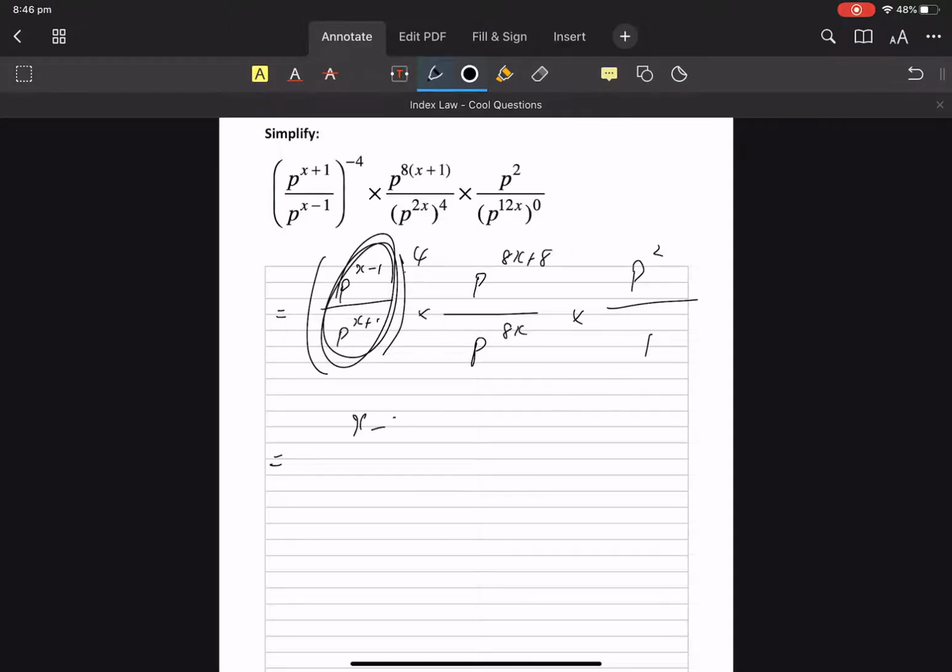It's going to be x minus 1 minus x plus 1 as a power of p, because I'm dividing like bases. So it's going to be x minus 1 minus x minus 1, because that minus distributes. So all of that is going to go to minus 2, p to the minus 2 times